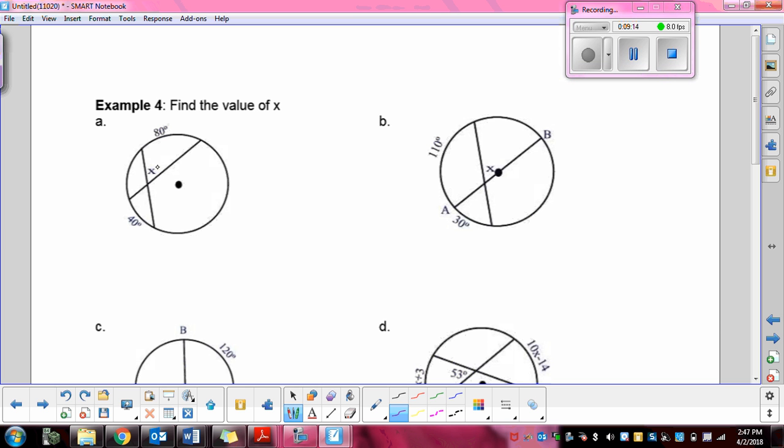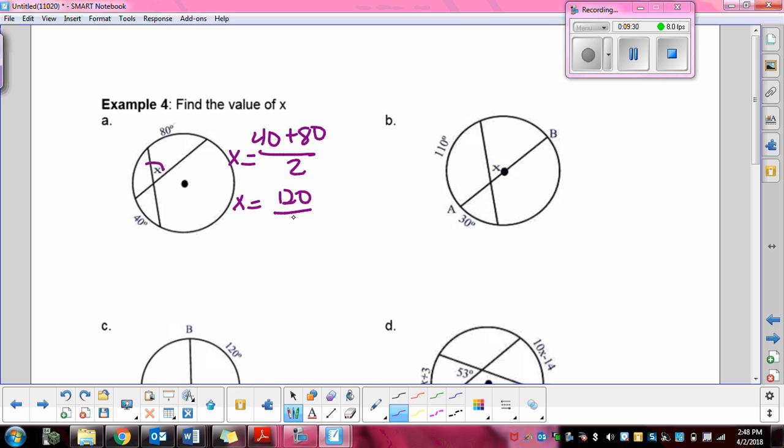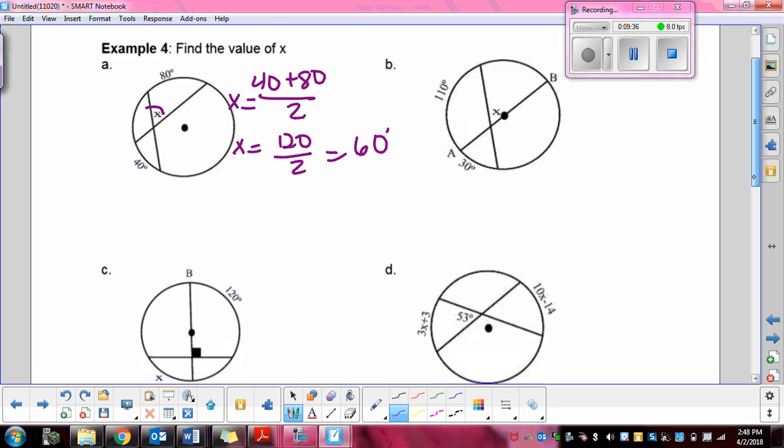So this one, we're asked for angle x. What we're going to do is add them up. So we have 40 plus 80 divided by 2. 40 plus 80 is 120, divided by 2, which is equal to 60 degrees. All right, guys. So let's try